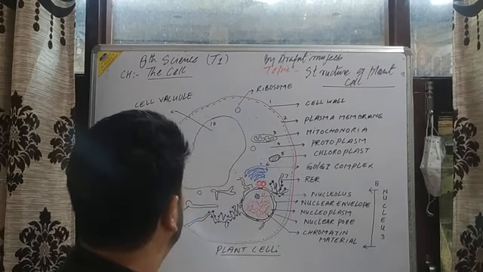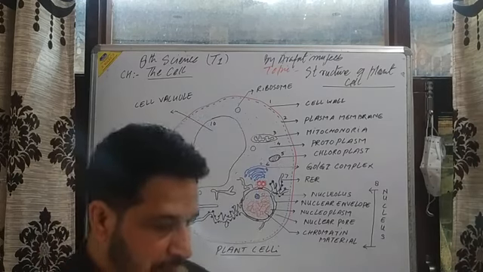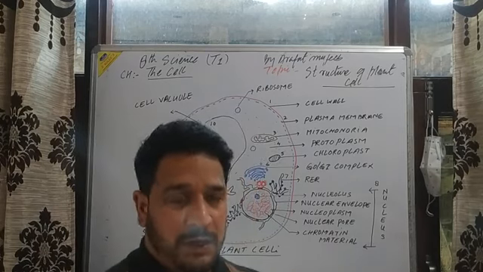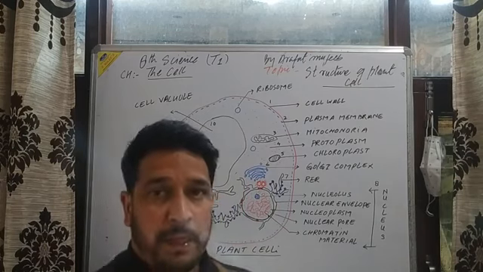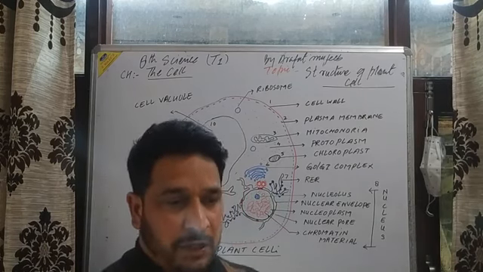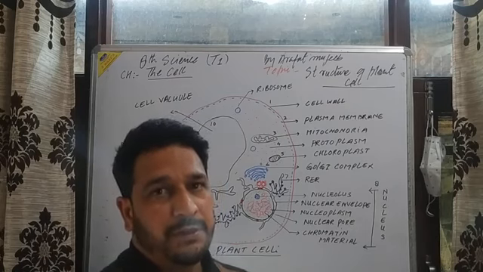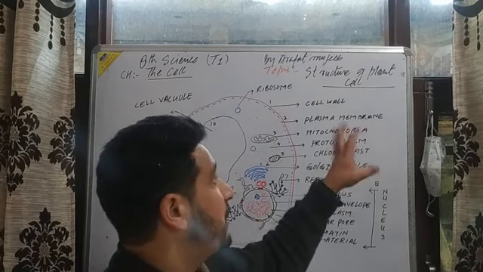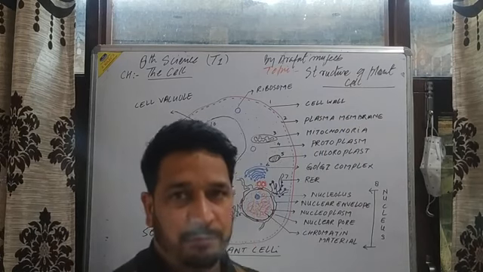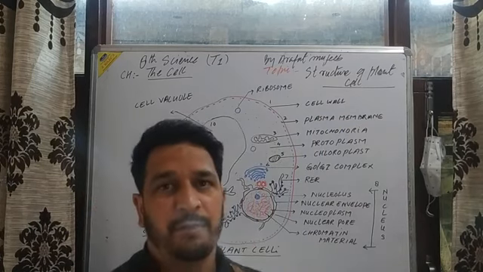Today my topic is about the structure of plant cell, and it is 10th standard science and chapter is the cell. तो इसी चैप्टर में हम डिस्कस करने जा रहे हैं। आज का जो टॉपिक है that is structure of plant cell. Plant cell is different from the animal cell, as a plant cell is found in the plant